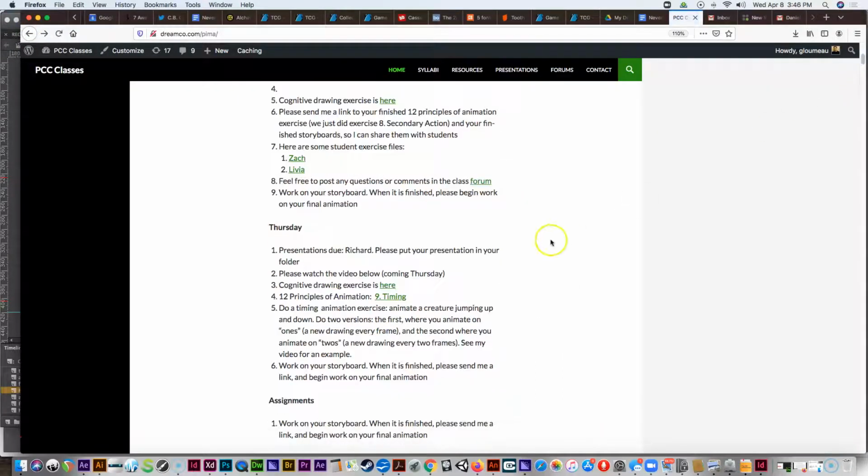Okay, and then The 12 Principles of Animation, this is the video you're watching today, which is timing, where the rabbit's jumping up and down. And I'd like you to do a timing exercise, animate some kind of creature. It doesn't have to be a rabbit. On the right, have him or her animating, jumping up and down on ones. On the left, on twos. And then please upload that exercise and send me a link to it so I can show some examples of